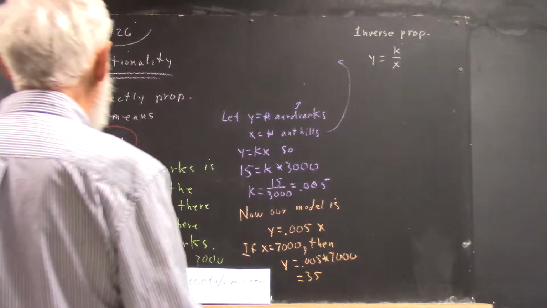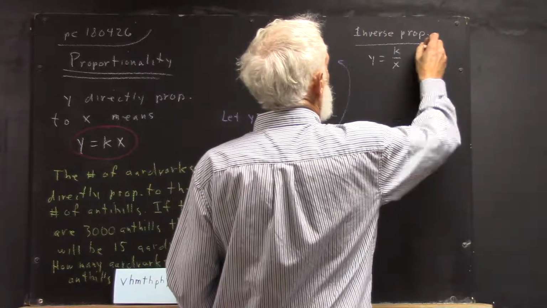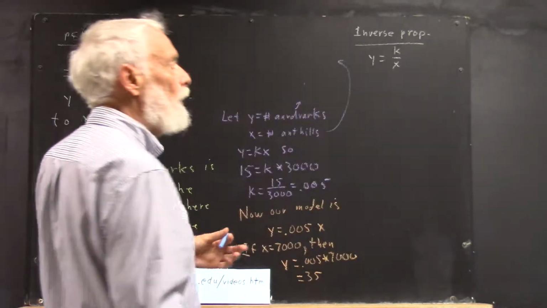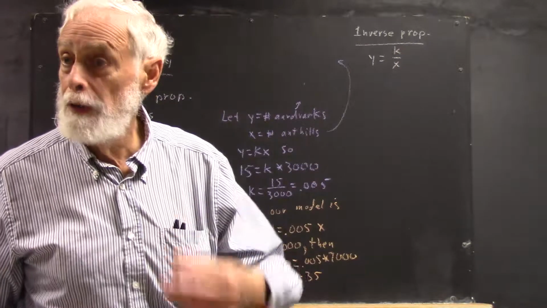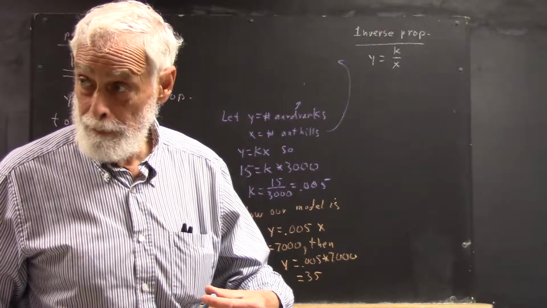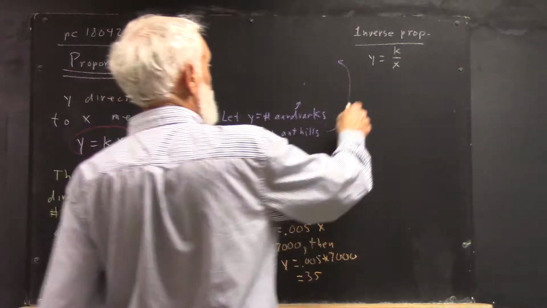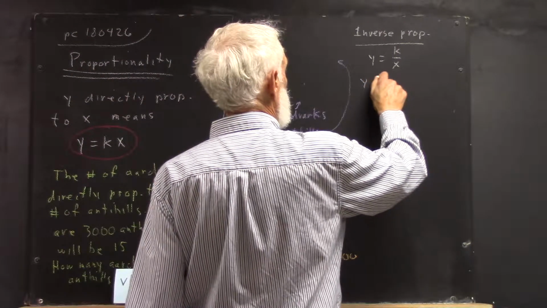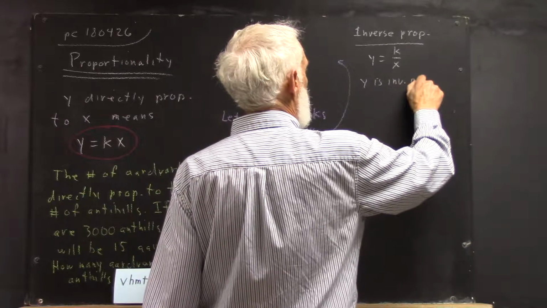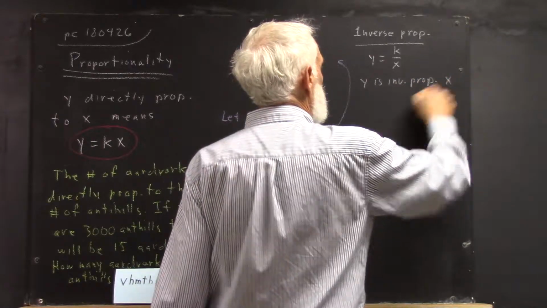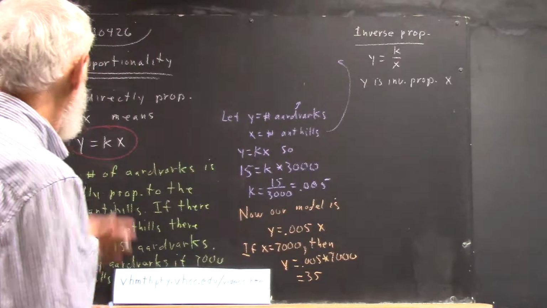Here's our inverse proportionality. That would be y equals k over x. Y is inversely proportional to x. Okay? So I ought to write that to be consistent. Okay? In this case,